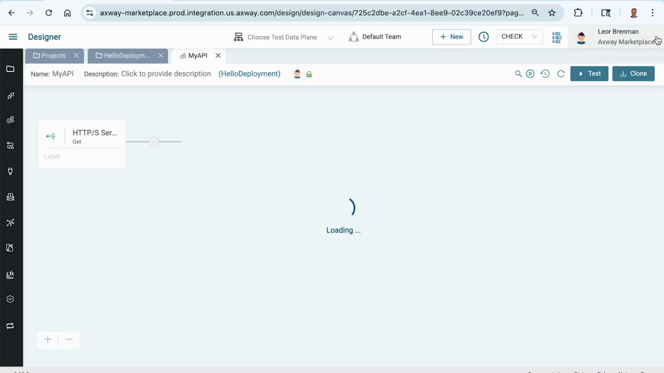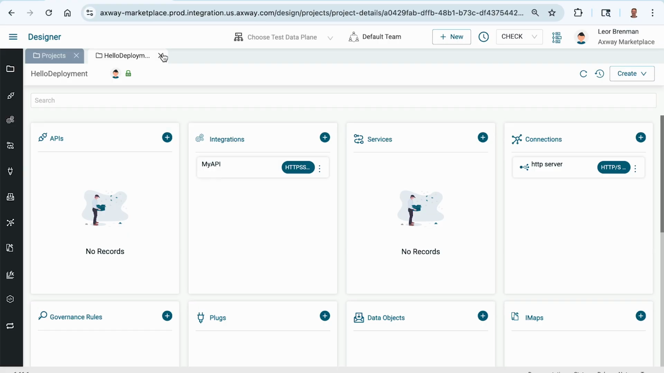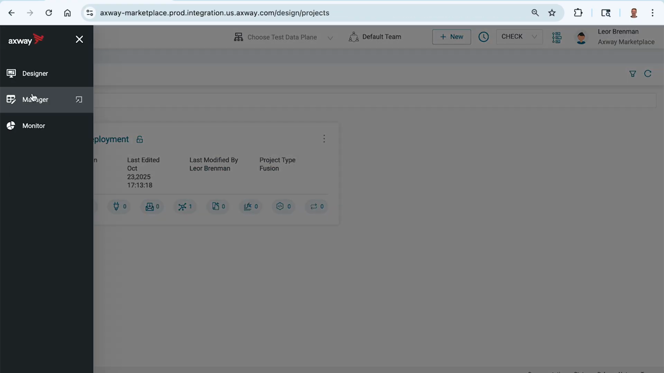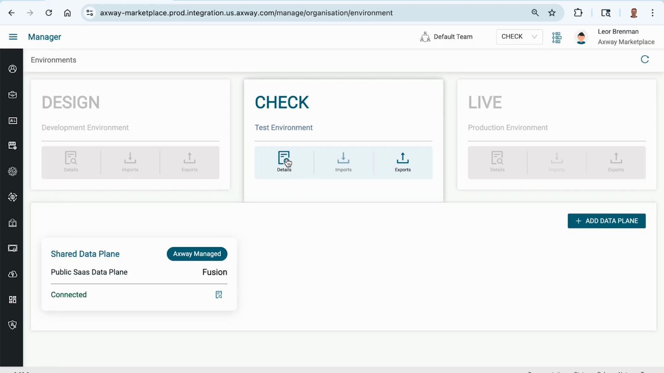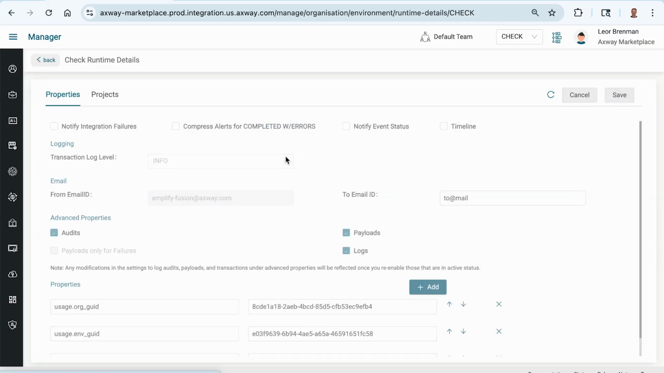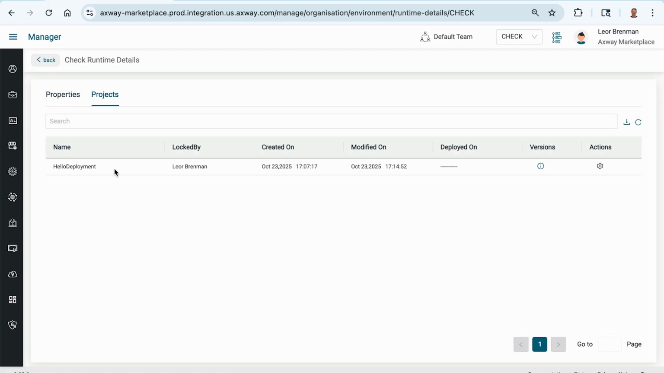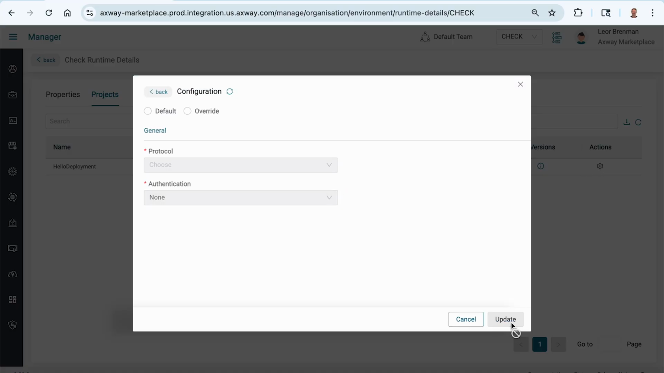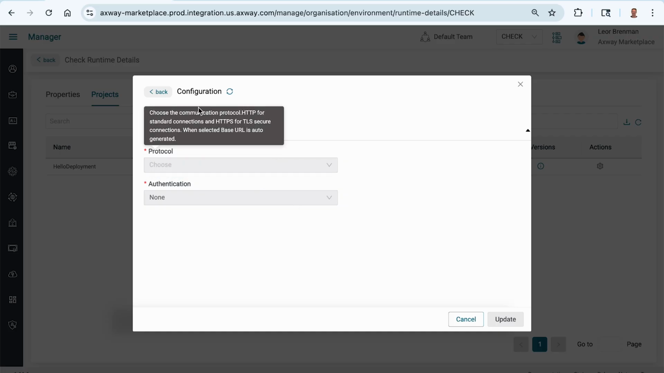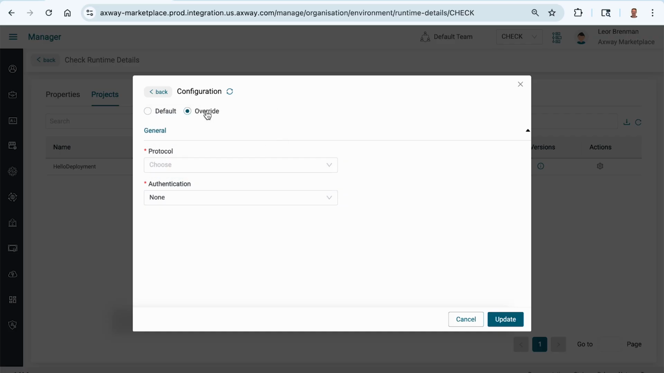So what we do is we use a connection override. So again, this would be someone like a deployment manager would come into a manager. They'd go into the environment and they'd go in check, they'd go into the details and click on projects. And here I only have one project in the check environment, and you go to actions and I see my one connection in my project. So I click on that, click on next, and what I want to do is I want to override the